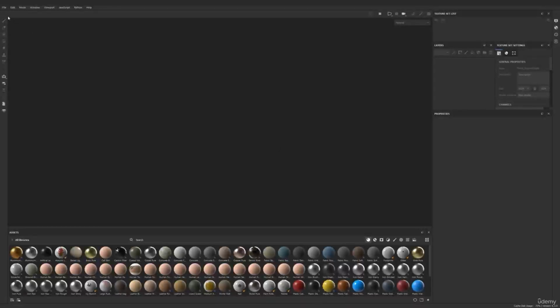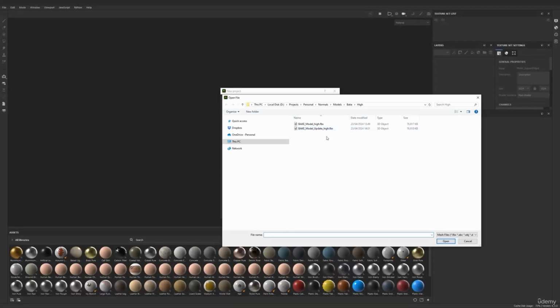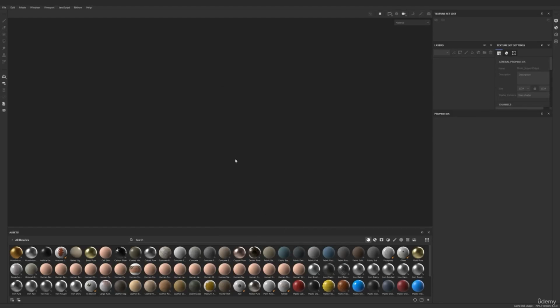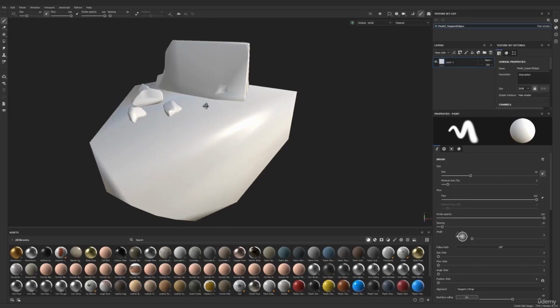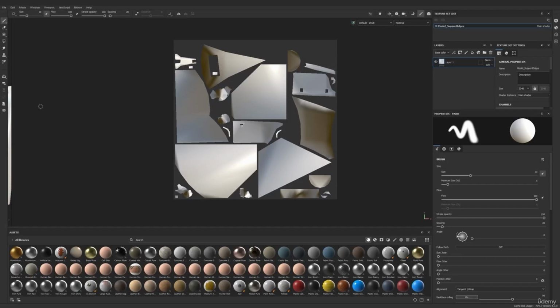So we're in Substance Painter. New. Yeah, it's fine. Let's get our low poly model. 2K. Okay. Great. Model support edges. Perfect. Okay. We have a look here. We've got our